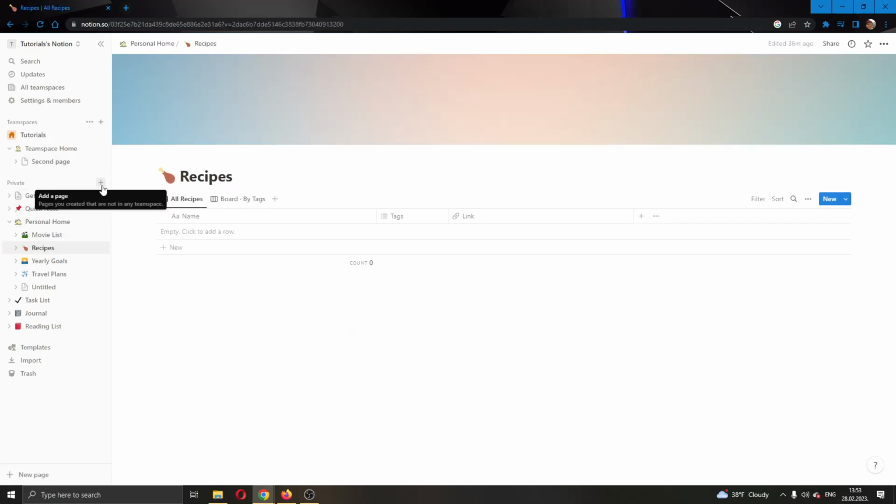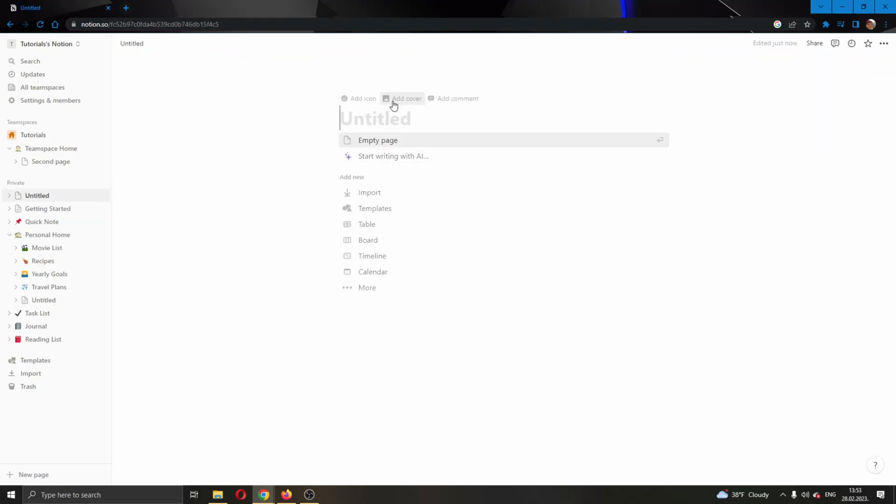I'm going to go ahead and create a new page by clicking this plus button right here guys next to the page's name, and now this will open up this new page where we'll be able to create a new page. And what you want to do guys is go ahead and edit it the best way you want. You can create it to look any way you want, and later on you will use that as a template. So I'm going to type in tutorial template,